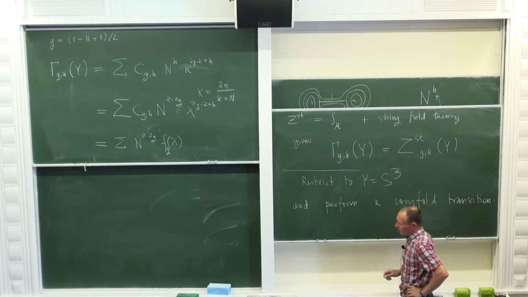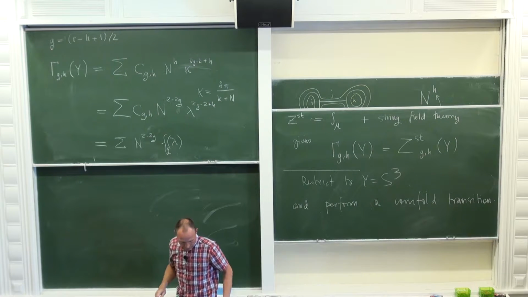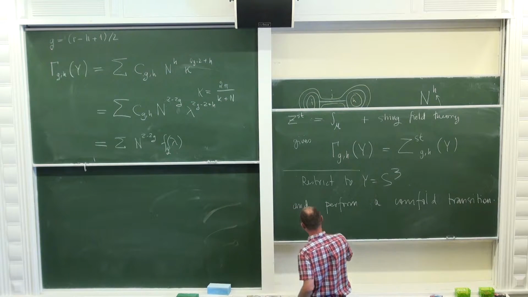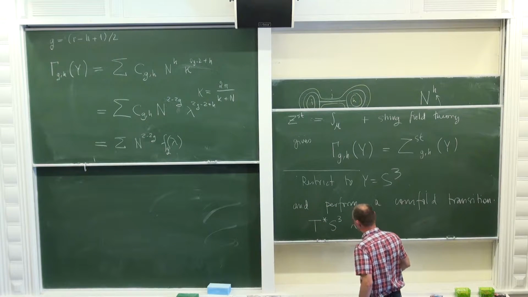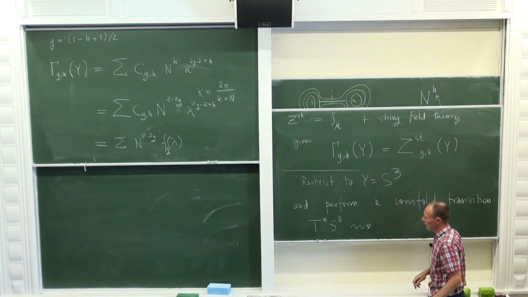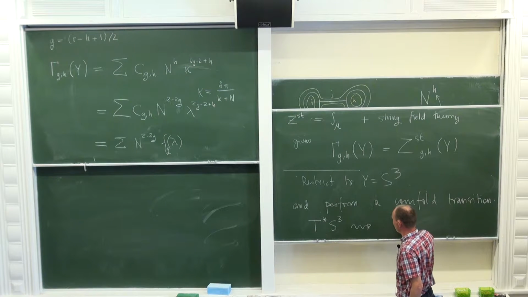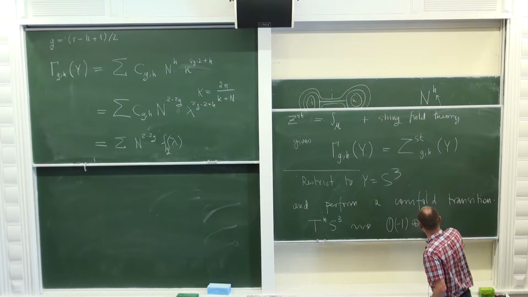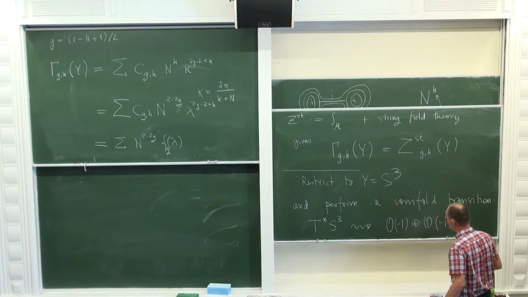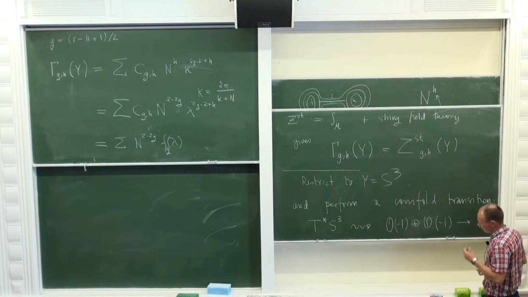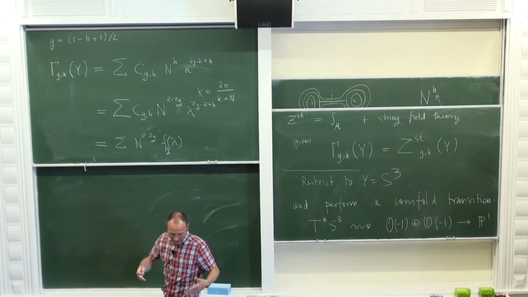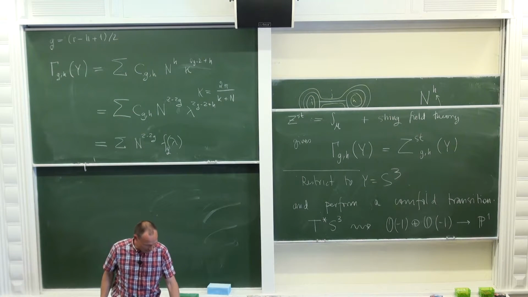In the interest of time, just briefly, we're working initially in T*S3, and we are relating the theory in this T*S3 to something in the following manifold. We take the O(-1) plus O(-1) bundle over P1. So this is also Calabi-Yau. In fact, at infinity, it looks exactly like